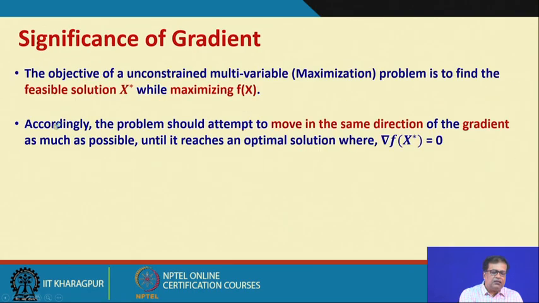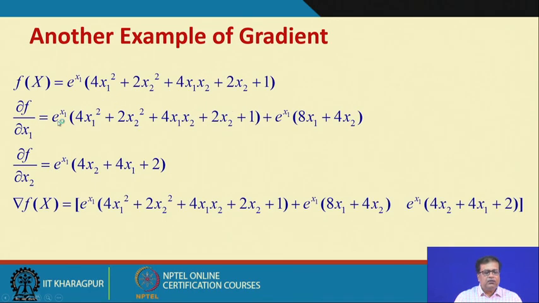So, you can see this term, that is e to the power x 1, and the whole of the second term will come. In the next stage we keep e to the power x 1 as it is, and we differentiate the bracketed term. So, we take the x 1 terms. We have 8 x 1, and there is one more here, so we get 4 x 2, right. So, it will be e to the power x 1 times 8 x 1 plus 4 x 2.